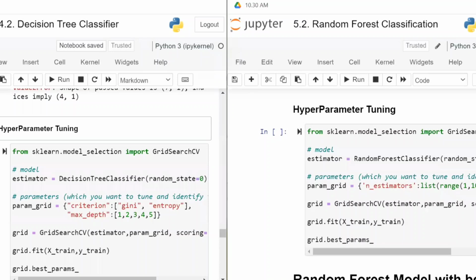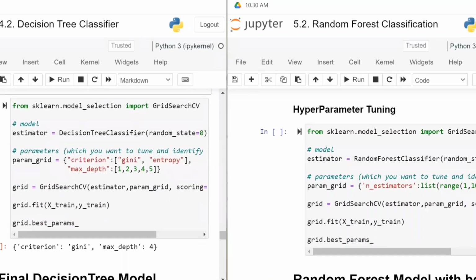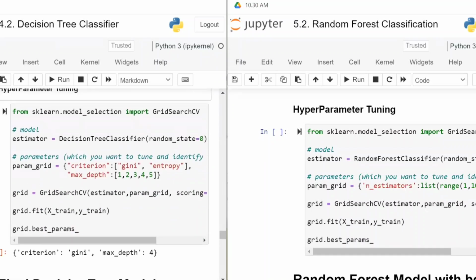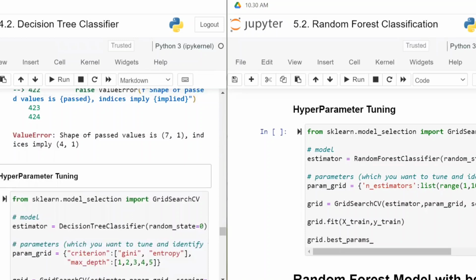First, it will try with one decision tree. One decision tree means same as this one only, whatever we have completed. This and this are the same. If you take one decision tree, random forest is equal to your decision tree. Then random forest with 2 decision trees, with 3 decision trees, with 4, with 5 decision trees. Like this, it is going to apply multiple decision trees, and after applying, meaning 100 models it is going to try.